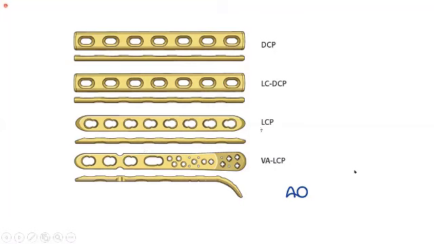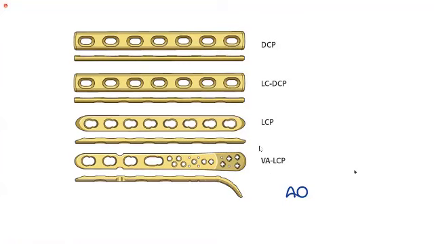So what is the difference in variable angle? The head of the screw, you can change the angle of it. That is the only thing you have to know. In variable angle, you can give a 5 degree or 10 degree, 5 to 7 degree angulation. Because when you give a cortical screw, okay, listen carefully, in locking screws you can give in a variable direction.